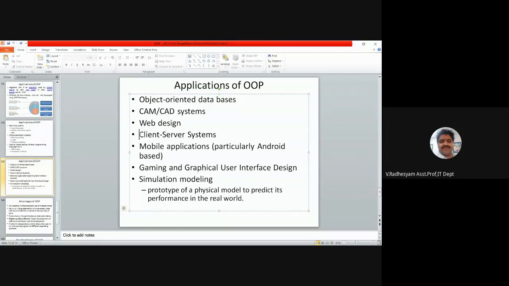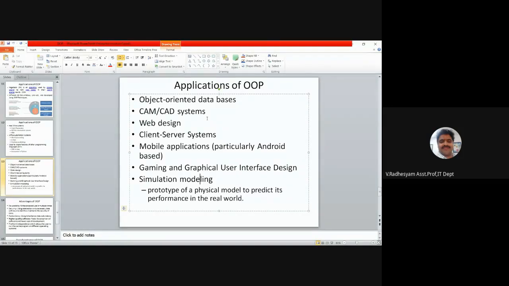And there are client-server applications and mobile applications, particularly Android-based applications, which use object-oriented programming. Gaming and graphical user interface design, GUI, also use object-oriented programming. In scientific applications, you design some prototype or physical model before releasing it to the real world.